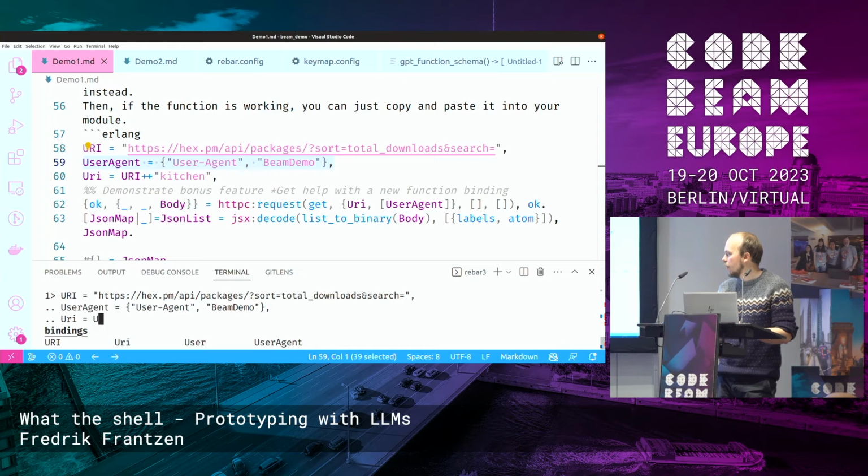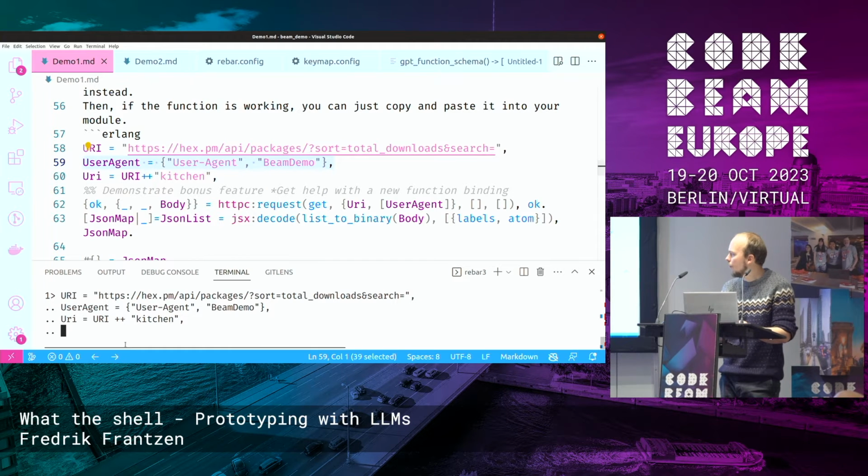So it can detect that we have this URI defined and the user agent defined, but then it also reads backwards to see over things that might not be in this table of already evaluated bindings. So it does some guessing as well. But this is nice. We can just complete that one. And then I'm just adding to this URI to help me for the later things here.